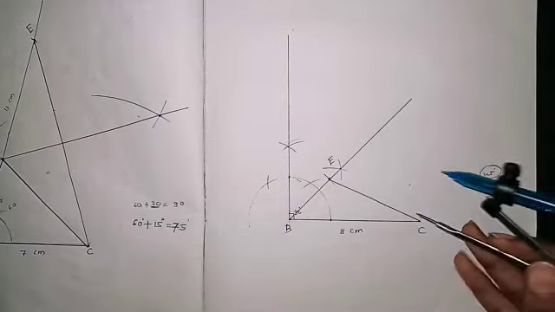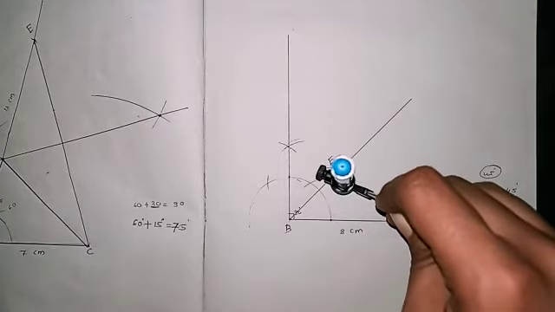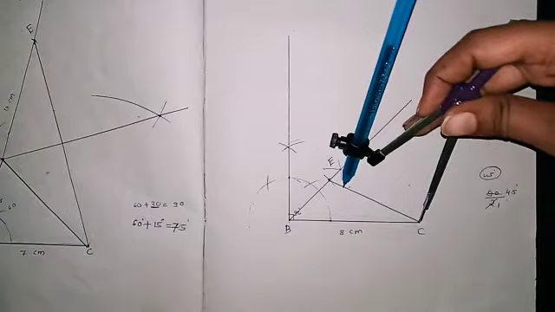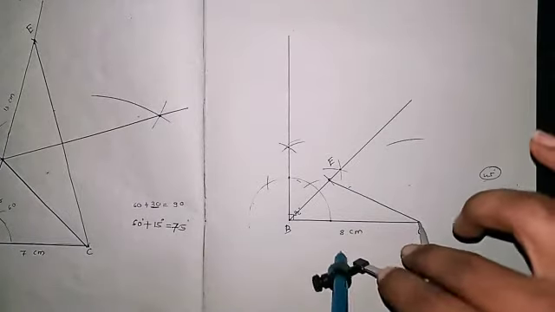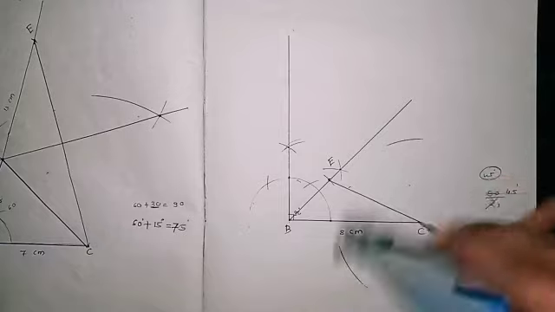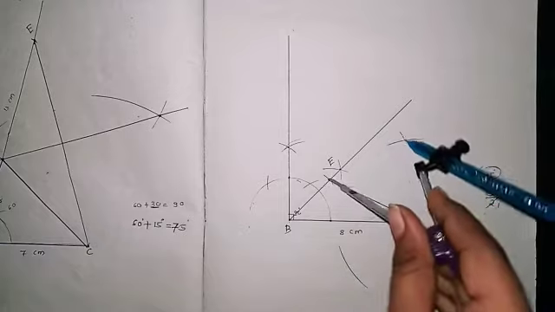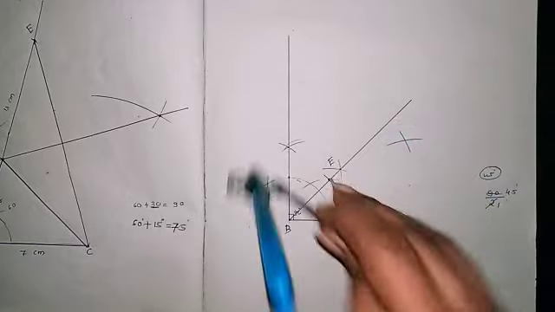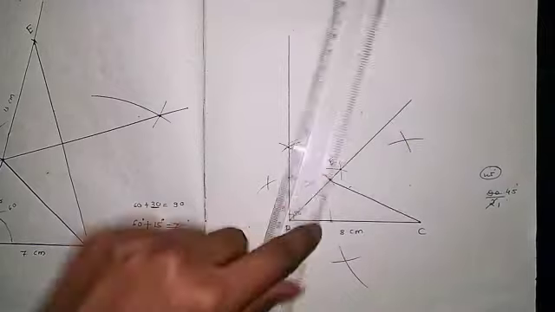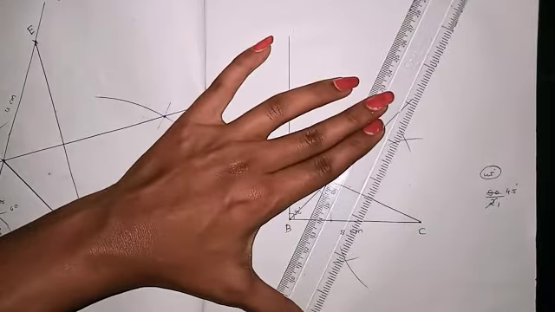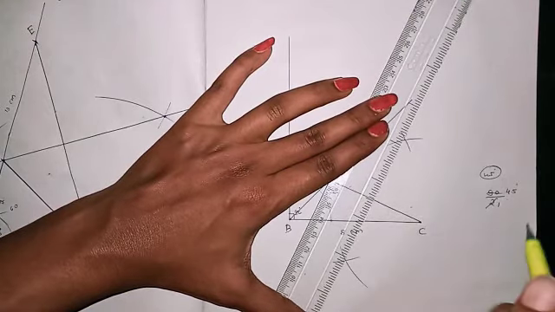To make the bisector, what is the method? You have to take more than half, and more than half take it. So more than half, and one curve upwards and another one downwards. Yes, so at the C point, one upward, one downward, and another one from this point upward and downward. So now you have to join these 2 bisector points.